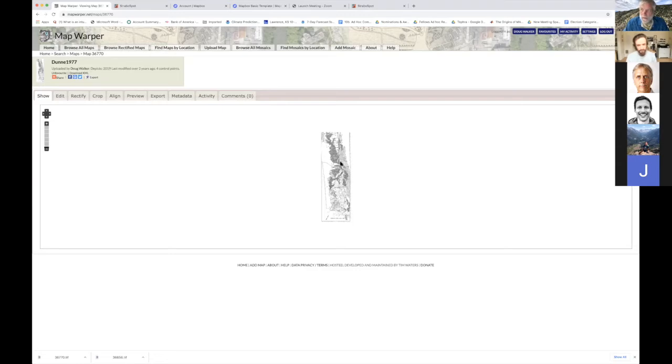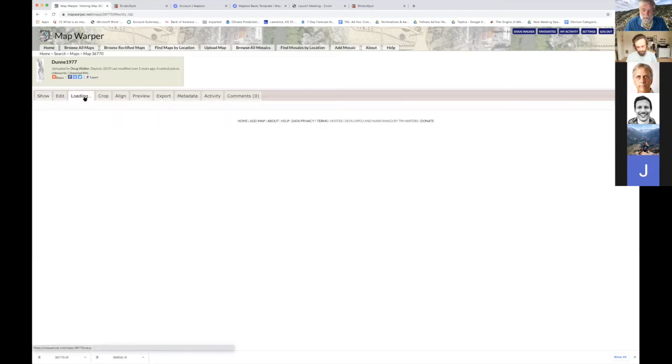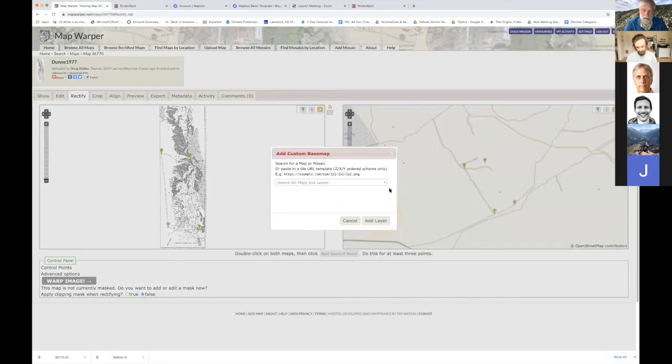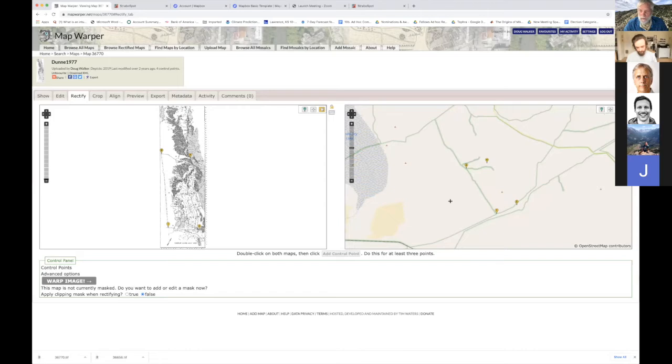So I decided I needed this for a backdrop map to use. So really all I did was pull it out. I uploaded it to MapWarper. I went to the rectify function, and what I did there is put in 4 control points. And what MapWarper does is it will allow you to work with these, put in control points. It supports different map backgrounds, again, it uses ones that are from Mapbox, and you can add rectification points. You can warp the image,